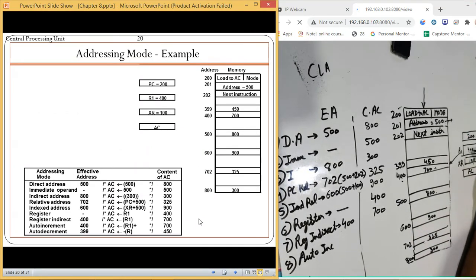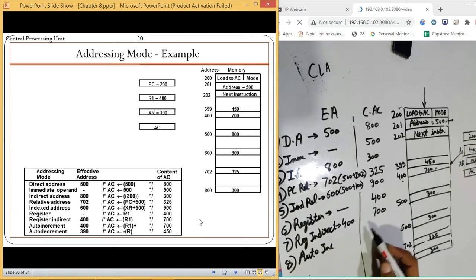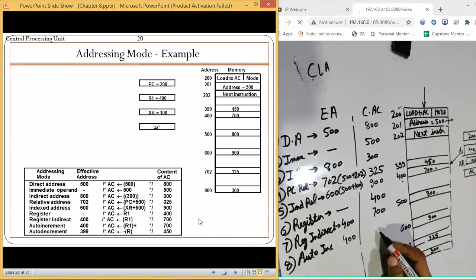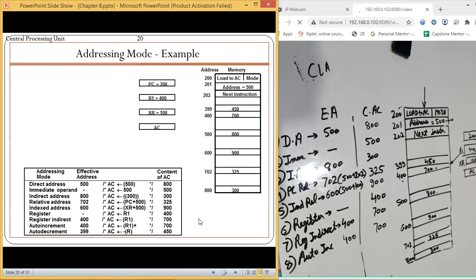From this place we will refer to this and then increment the value of it by 1. So in the case of auto increment, the value will remain the same and the content will also remain the same. Why? Because it is an i plus plus kind of thing. It means once I have accessed this, after that it will be incremented. So what value we get at this place after that doesn't bother us. So we will keep the same value.